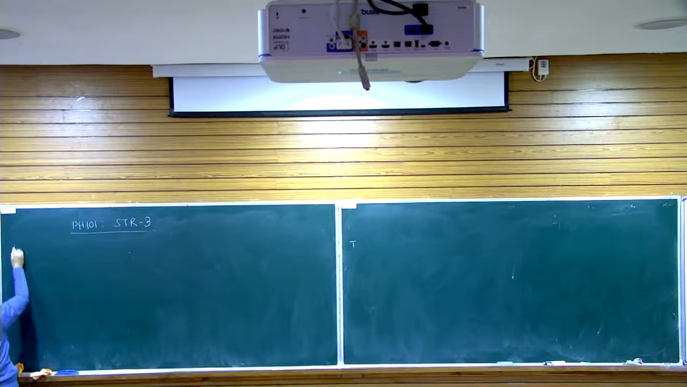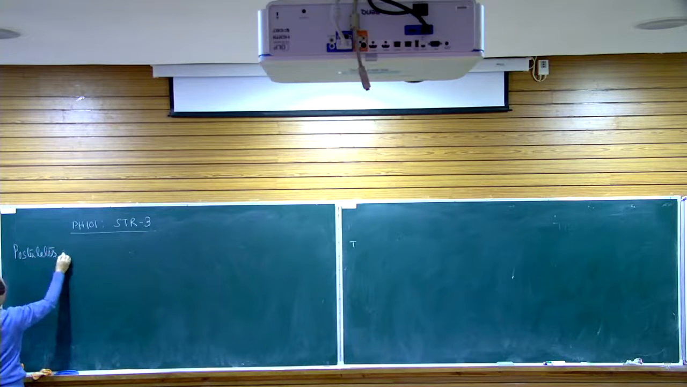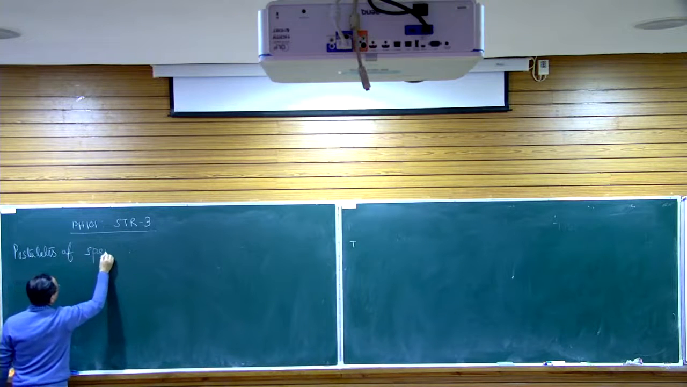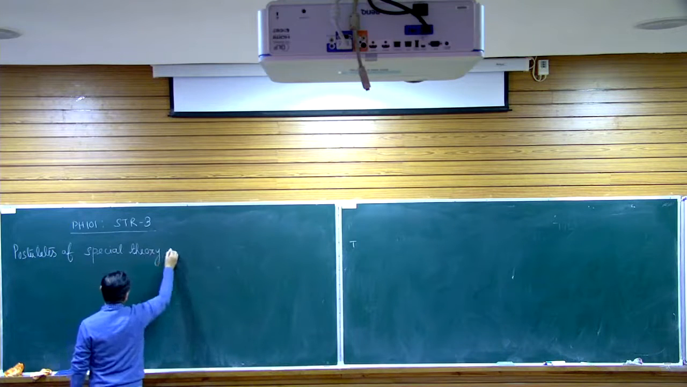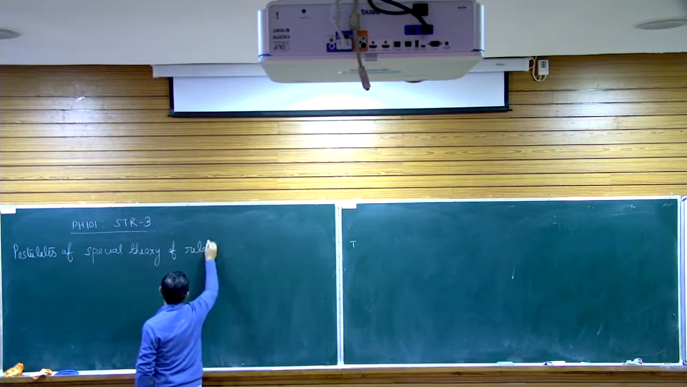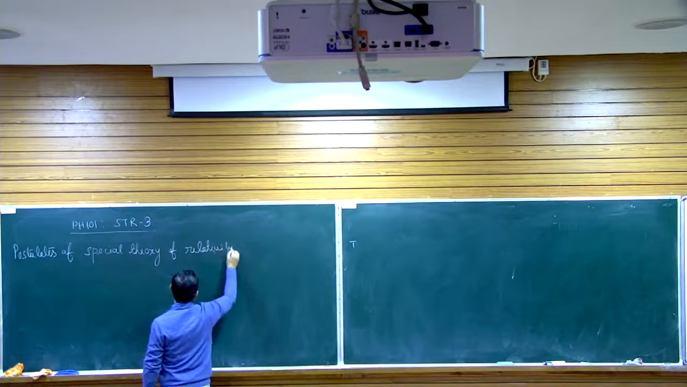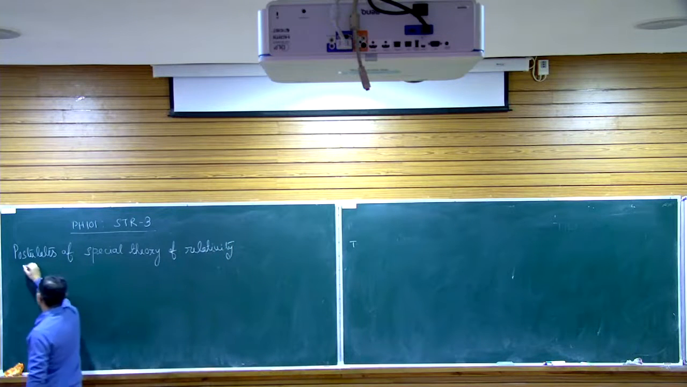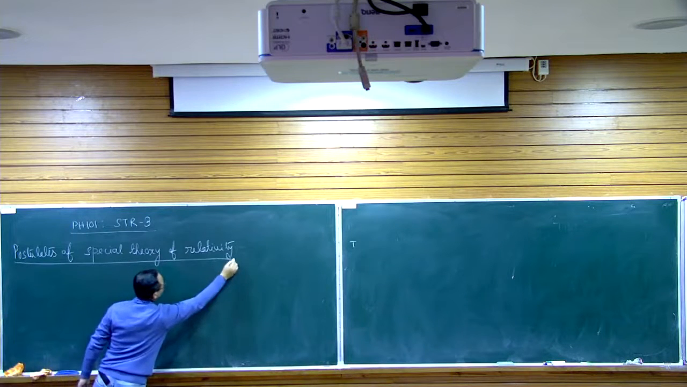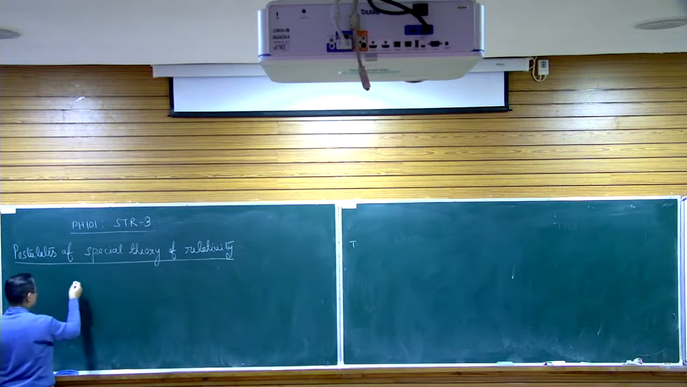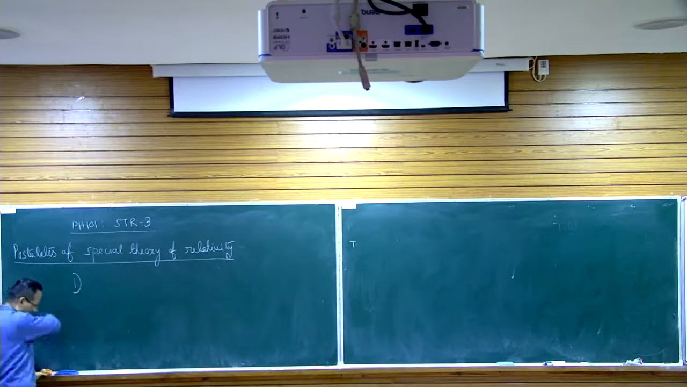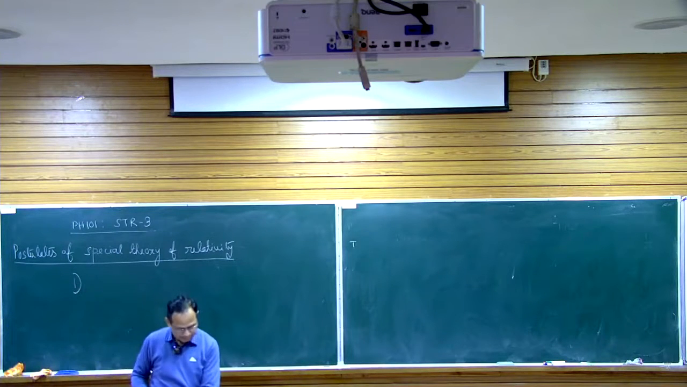So now I'll write down the postulates of the special theory of relativity. So in fact, special theory of relativity only has two postulates. The first postulate you are already familiar with. We can state the first postulate as: